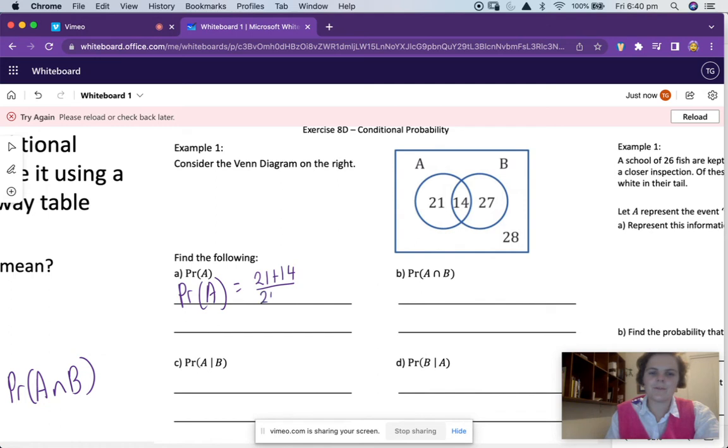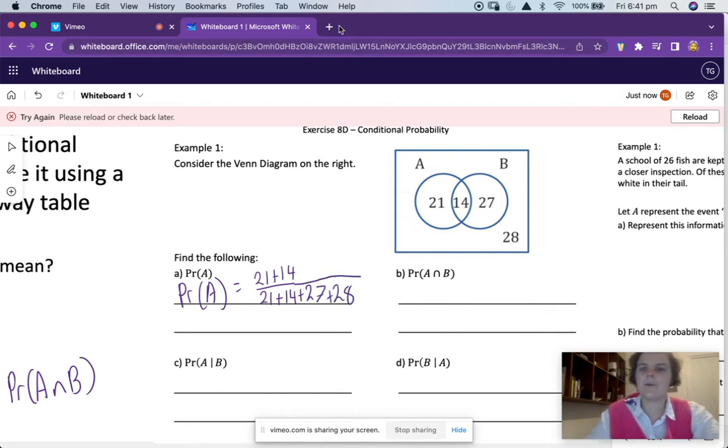So 21 plus 14 plus 27 plus 28. So let's figure out what the total of that is. 21 plus 14 plus 27 plus 28